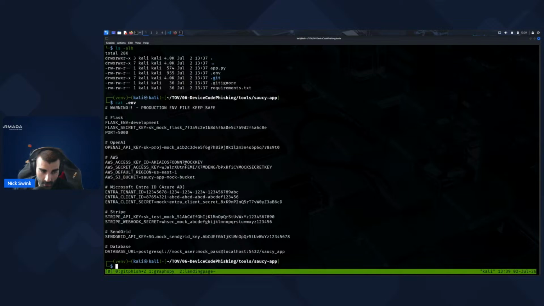So we've got AWS, this is just mock data, but we've got different cloud services that you could then pivot to. So with a single click of the URL and then a copy and paste,